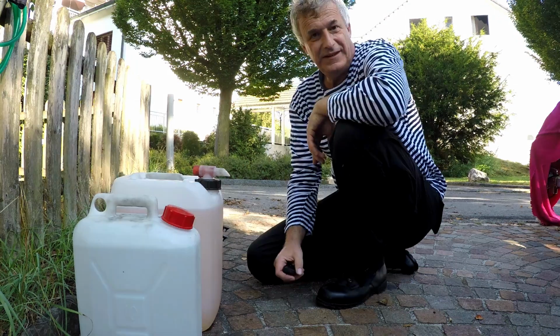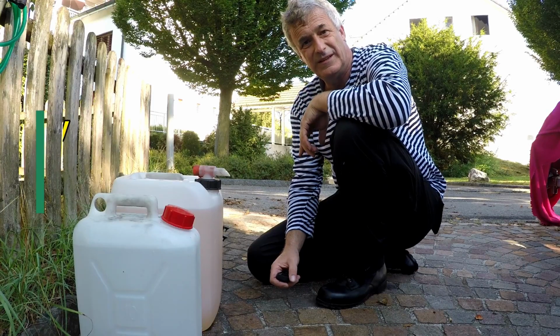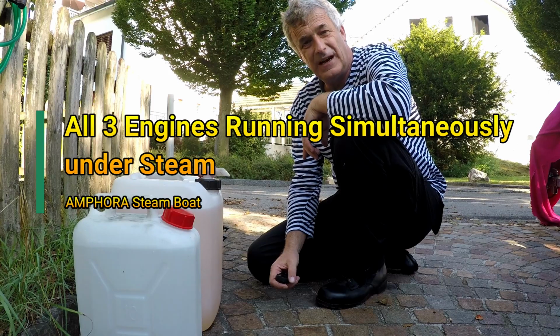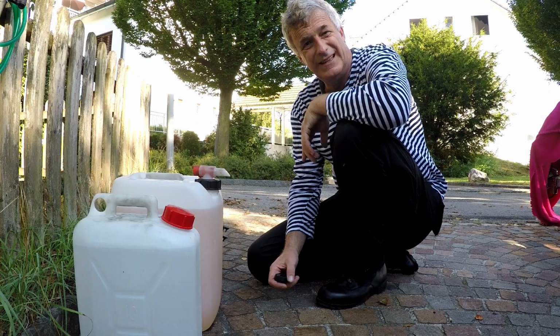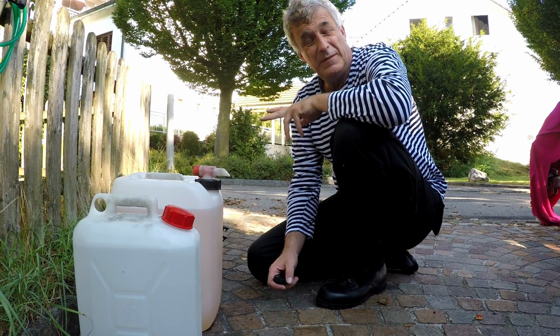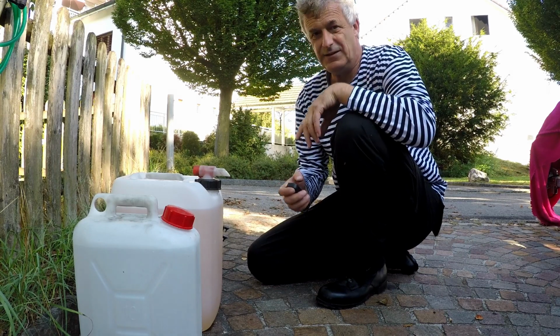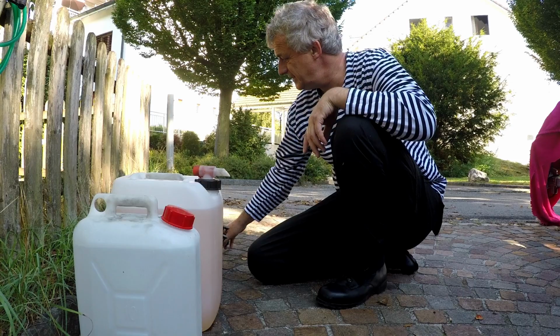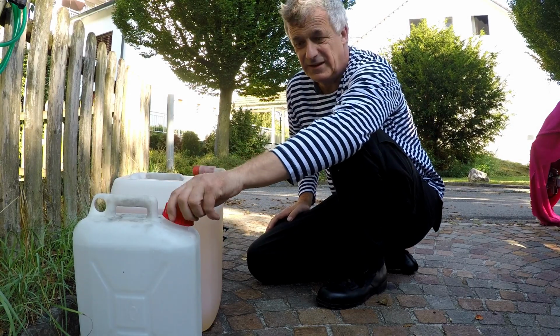So today we test all three engines in parallel in the boat and try to figure out how much coal is needed, how much steam is needed to run three steam engines in parallel on AMPHORA. And to start the whole process, first of all we add some water,